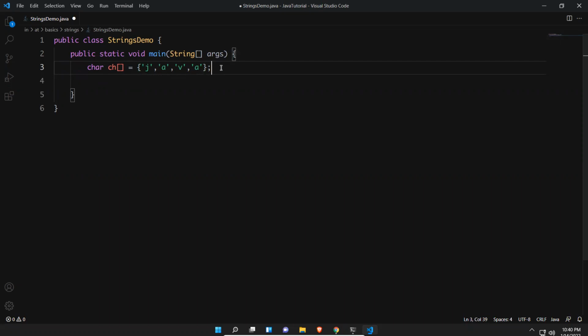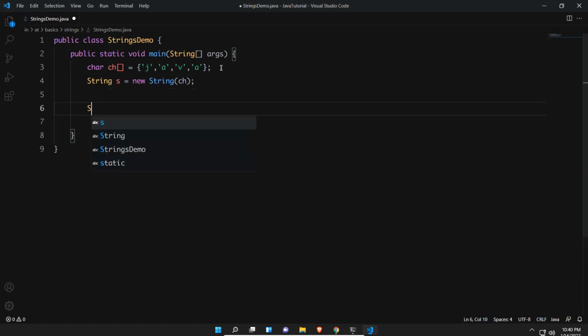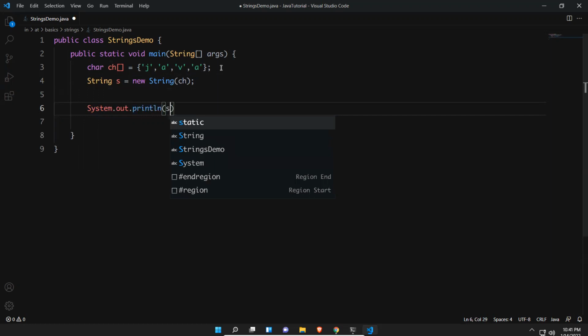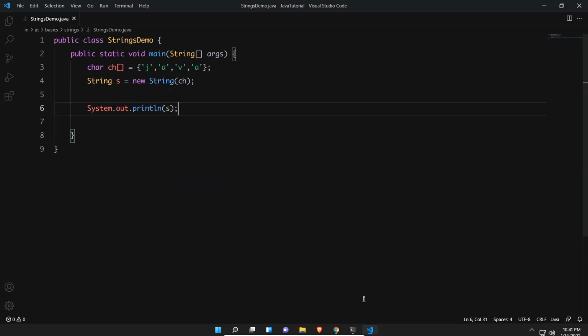Now how can I assign this to a string? String s = new String(ch). If you try to print this, it should print Java.